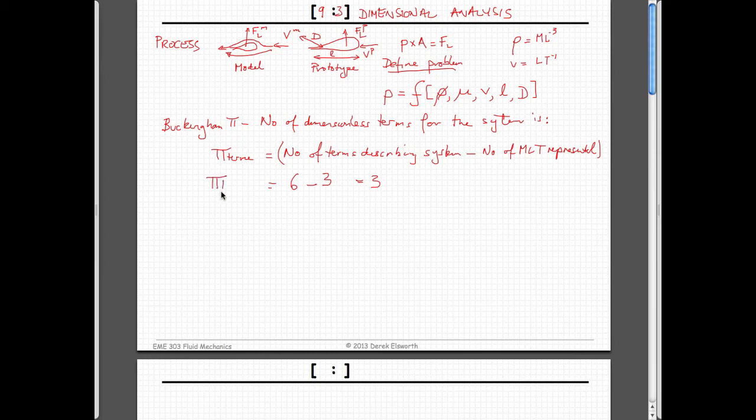So that's the number of pi terms. And so we can go through Buckingham pi to do that. There was an example in 9.2 doing exactly that, and that's one way that we could go about it. So we know that for this system we're going to have 3 terms. But let's try and cut a little bit to the chase and think about it